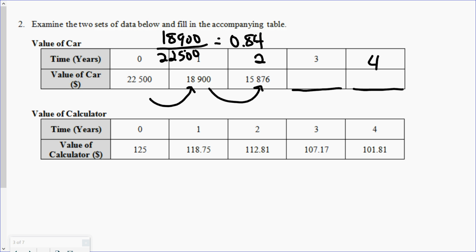So what that's saying is that now we have an exponential graph that's decreasing, right? Because the value is not going up over time, it's decreasing over time. From 1 year to the next, there's 0.84 of the previous value remaining, or if you wanted to consider it as a percentage, it has 84% of the value as it previously did. So it's losing 16% from year to year. We could also compare that here. So if we did